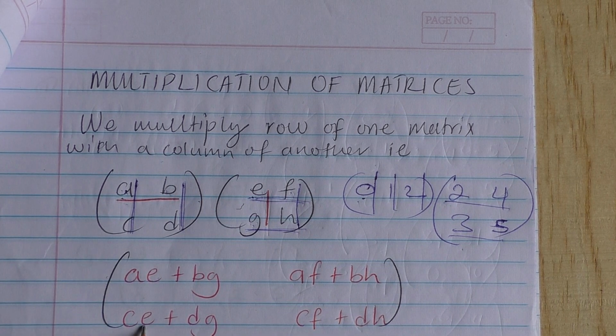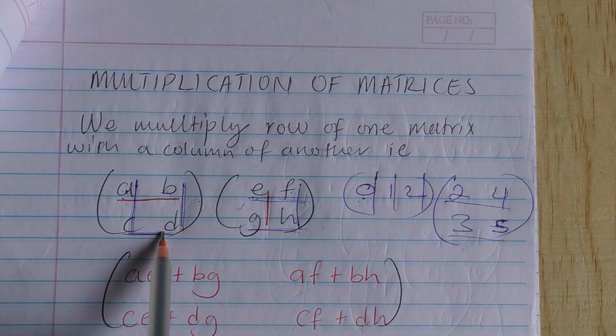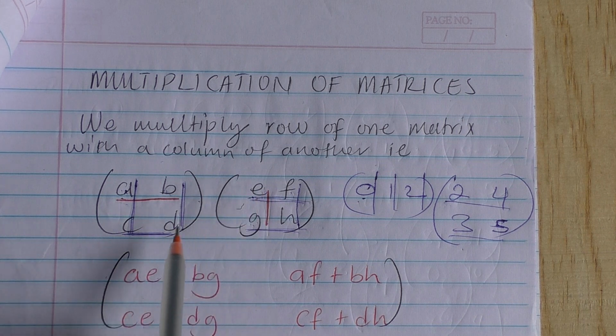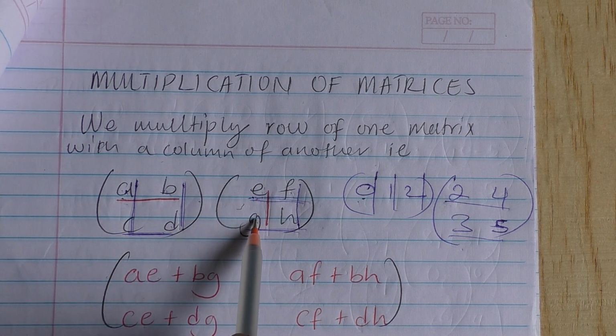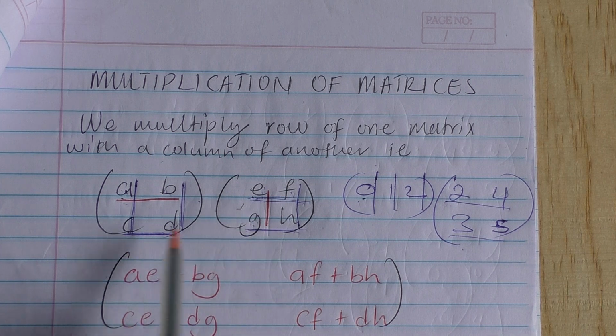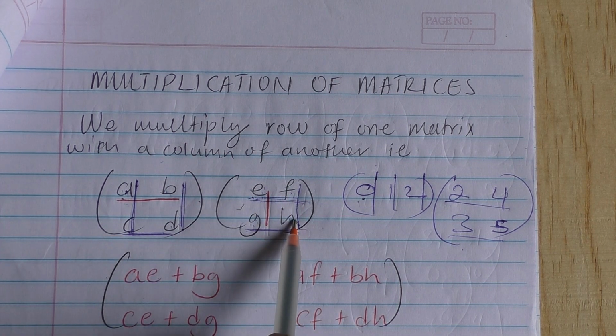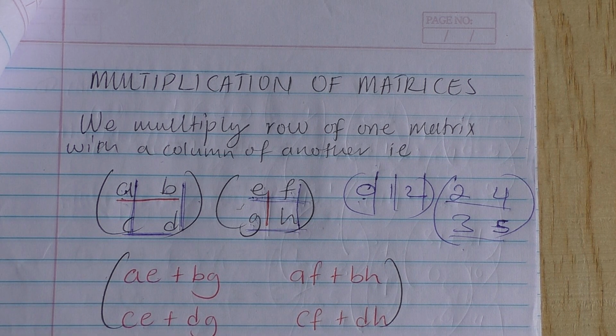Then we also come down. We come to the lower row, that is CE plus DG and CF plus DH. That is how we multiply